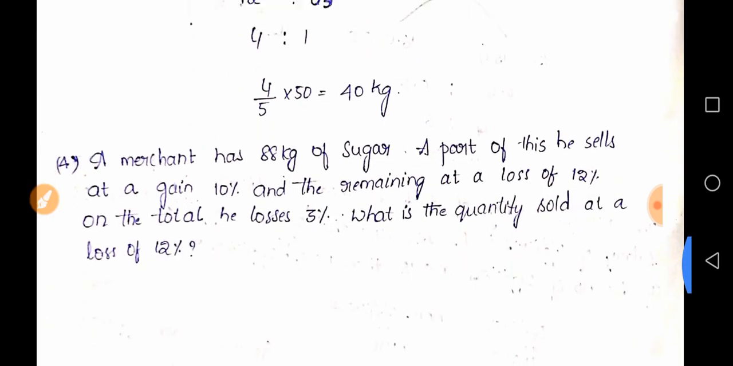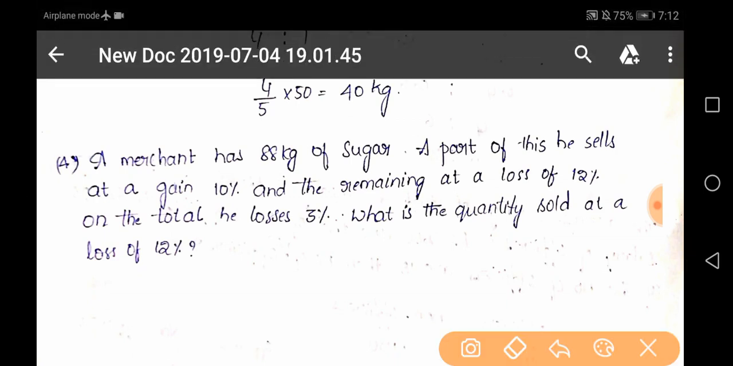And here is a question. A merchant has 88 kg of sugar. A part of it he sells at a gain of 10% and the remaining at a loss of 12%. And on the total, he loses 3%. So what is the quantity sold at a loss of 12%? Same as the previous problem, but this one is in a loss. So please do it and give me the answer in the comment section,